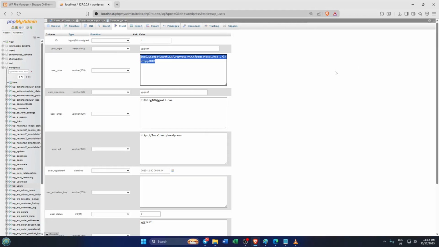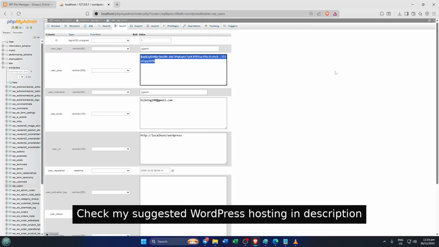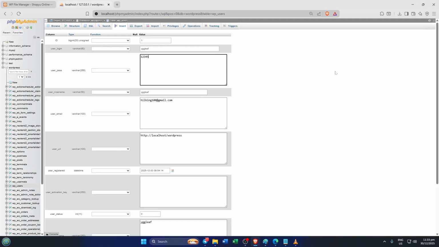Take a deep breath here because we are about to change an encrypted password and we want to do it correctly. On the edit screen, focus on the row labeled user_pass. This is where WordPress stores your password, but don't expect to see your old password since it's hidden behind encryption. In the function dropdown for this row, you must select MD5. This step is critical. If you forget to set the function to MD5, WordPress won't understand your new password and you'll be stuck outside, so switch to MD5, then in the value field, erase the jumbled string you see and